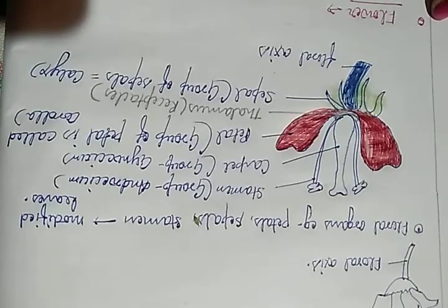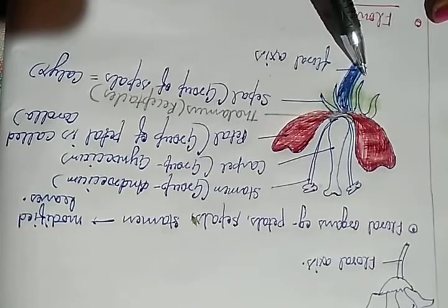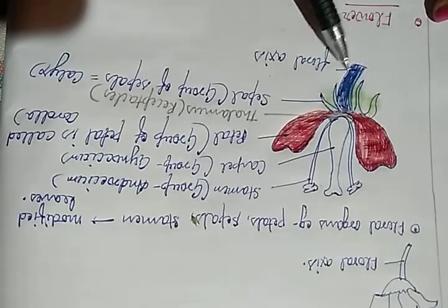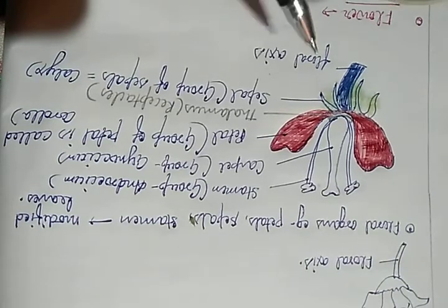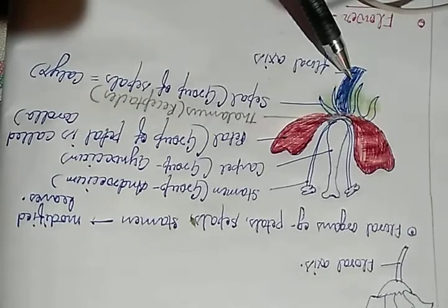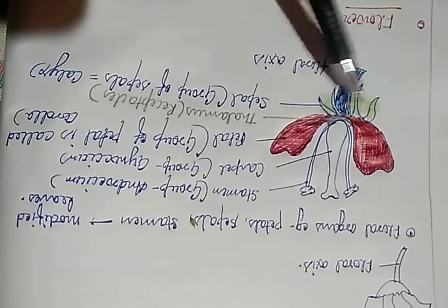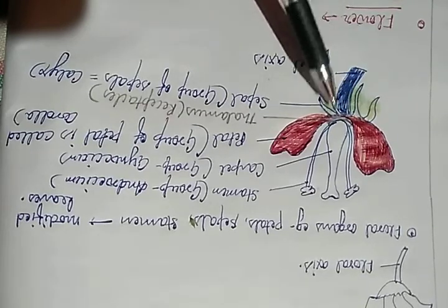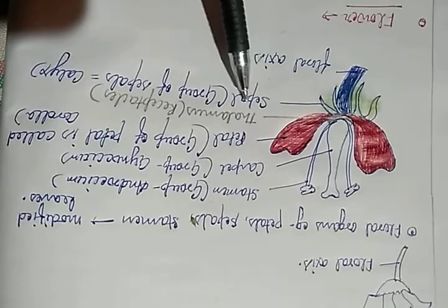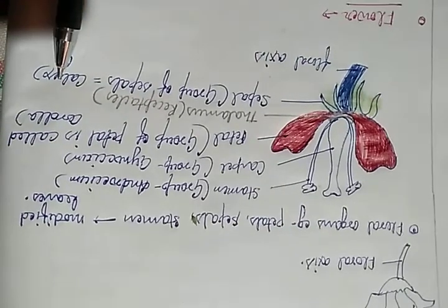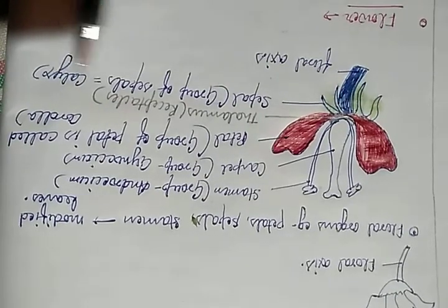Students, in this particular part we will study about the flower. Look at here, this is a flower. It is an angiospermic flower. So first we will focus on the various parts of the flower. This stalk of the flower is known as floral axis. Below the floral axis, there are green, leafy structures. These are known as sepals. Combinedly, these sepals are known as calyx, or we can say group of sepals. These are known as calyx.